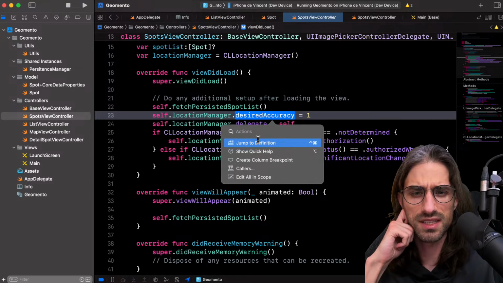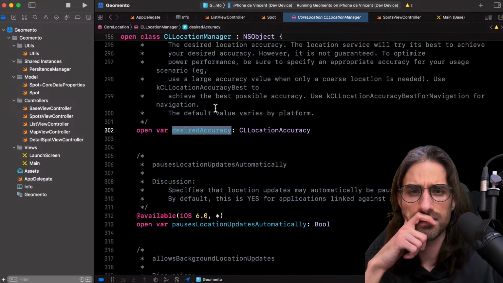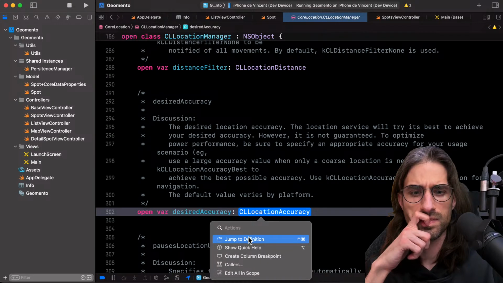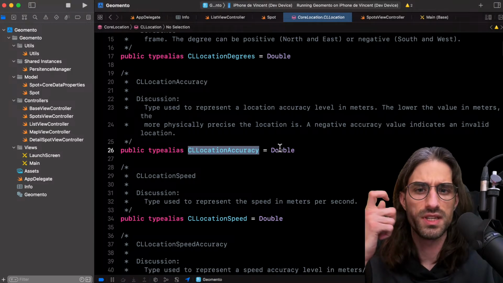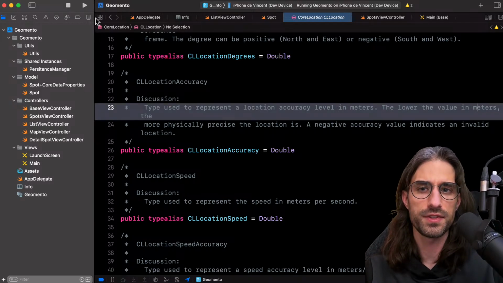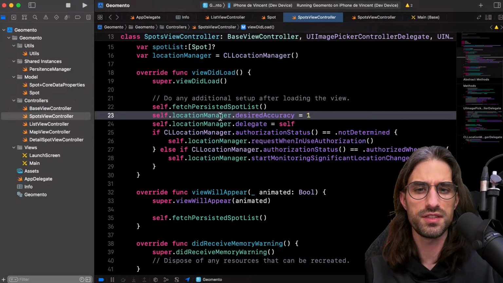If I do a command click, do I get more luck? Okay, just the lower the values in meters. Okay, so it's in meters. So I said 1 meter.